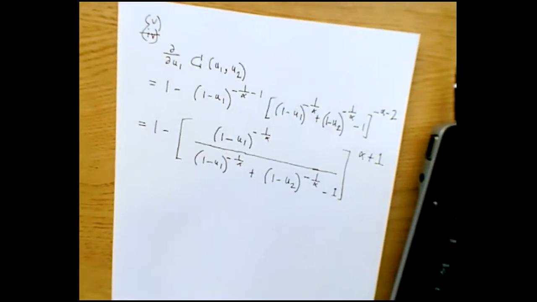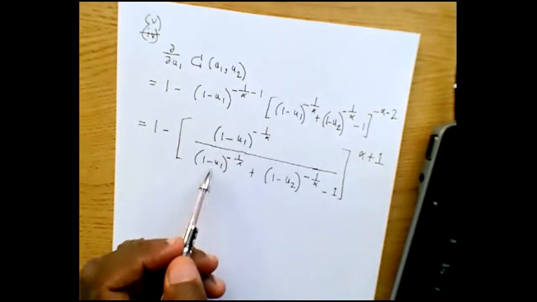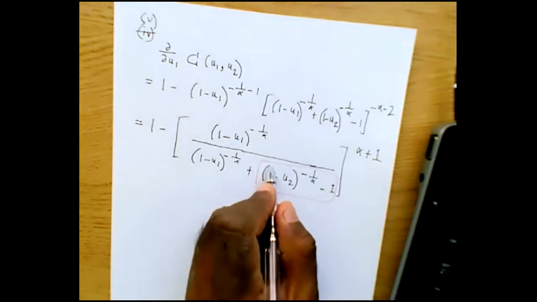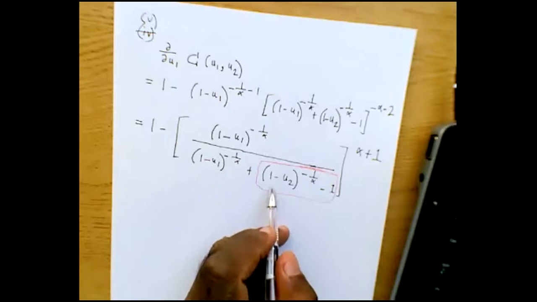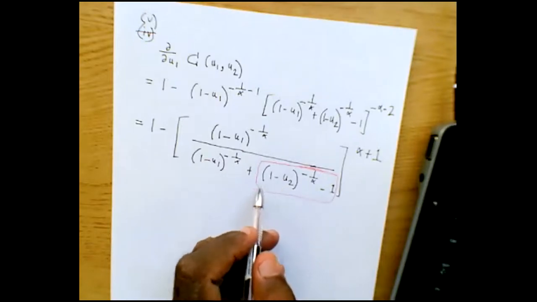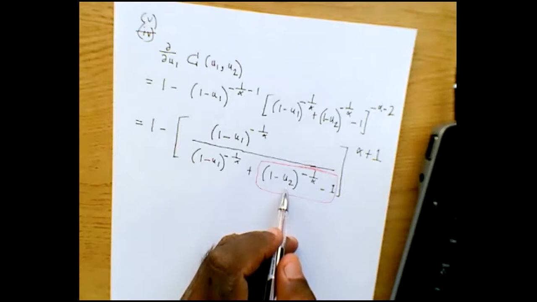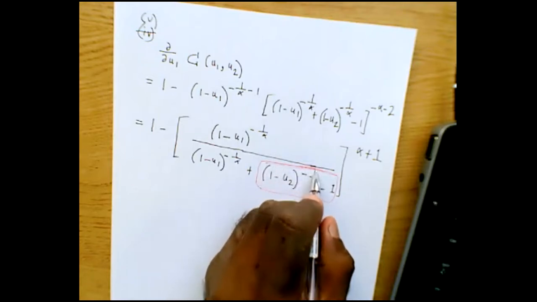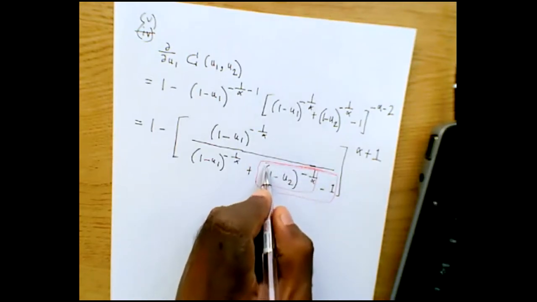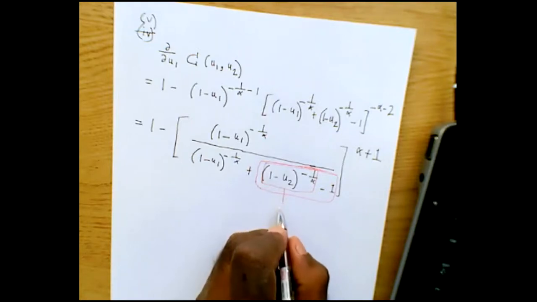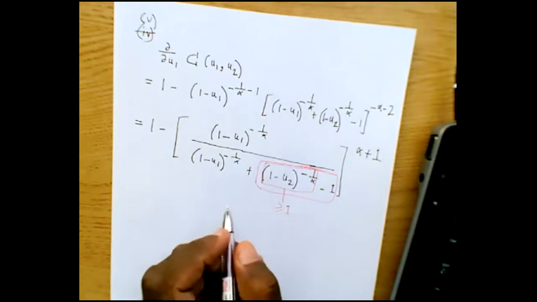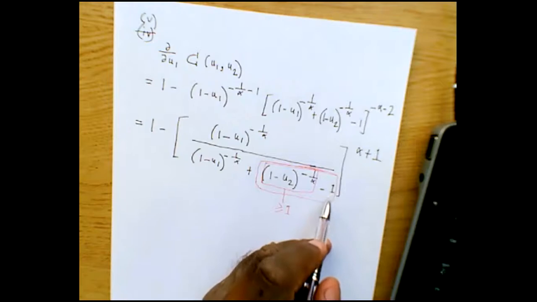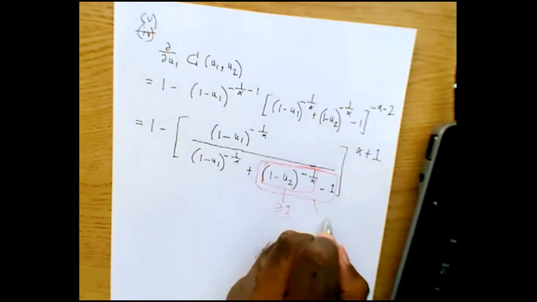Now you see that here these two terms are the same. This and this are the same terms. Now, what do you know about this term here? 1 minus u2 is a number between 0 and 1. Now, when you take a negative power of it, this term here is a number that is greater than or equal to 1, right? Now you're taking away 1 from it. So a number that is greater than or equal to 1, take away 1, is a number that is greater than or equal to 0,